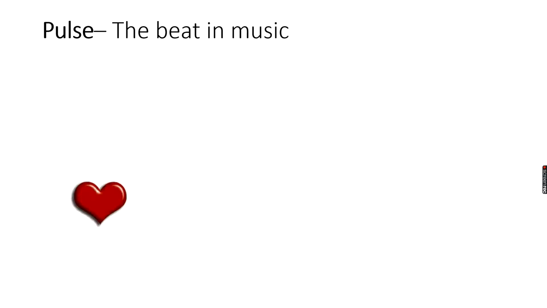Now, as we know, the heart moves at a consistent speed. So it doesn't go quicker or slower, it just stays at the same beating pace, or beats per minute as we call it. If we do exercise, of course, the heart will go quicker, and when we're asleep, the heart goes at a slower pace. Now, we'll talk about pulse in more detail when we're in the tempo and time signature.